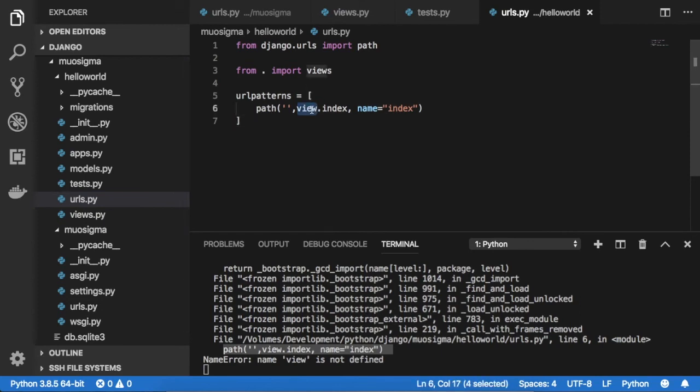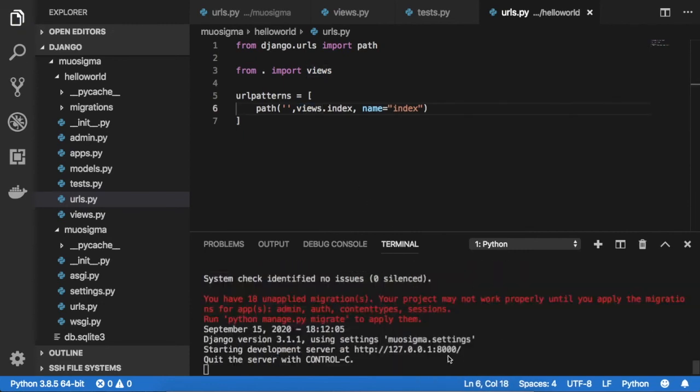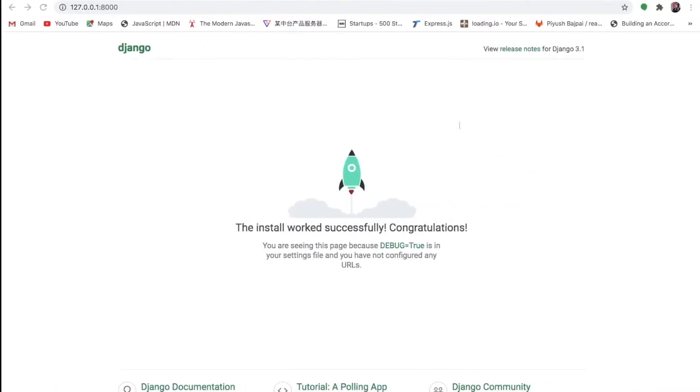This will not be view, this will be views. Just copy this views and paste it here. Just save this again, and now I'm going to the lightweight server and just refreshing this page. Now you can see this hello world here, right? So this is a very simple process.